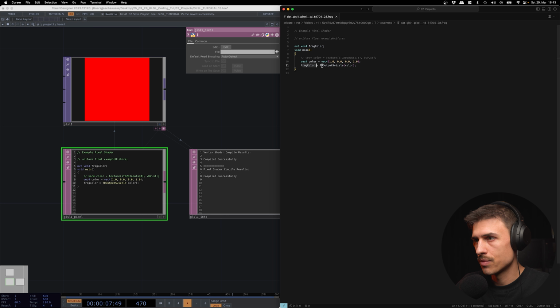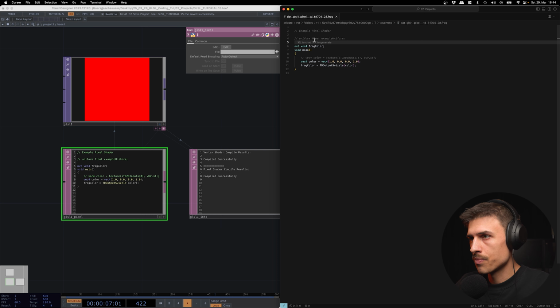The function for the color is always this TD output swizzle, and that's just something that makes the GLSL TOP more interoperable for Mac and Windows, and just some behind the scenes stuff that is important. So that's something I would want to predefine in the AI, that it always uses this TD output swizzle as my final output function. And then another thing that you have with